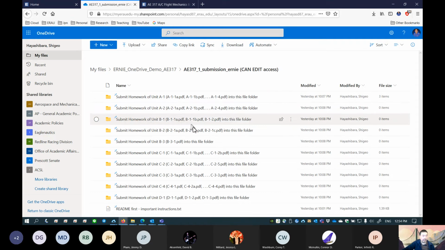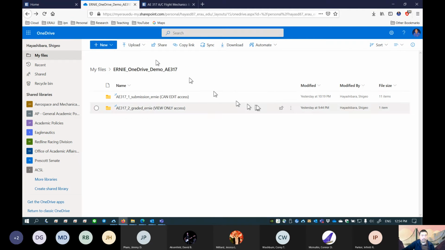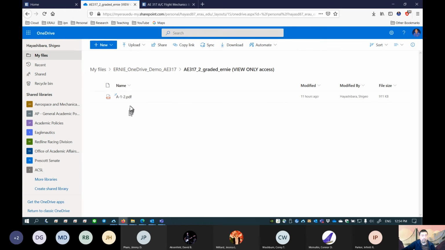When the due date and time comes, those subfolders will be taken by Dr. H, and then Dr. H is going to grade it. Not all homework, but randomly selected homework problems will be graded, and also most of the quizzes will be graded. Then graded work is going to be placed in here.